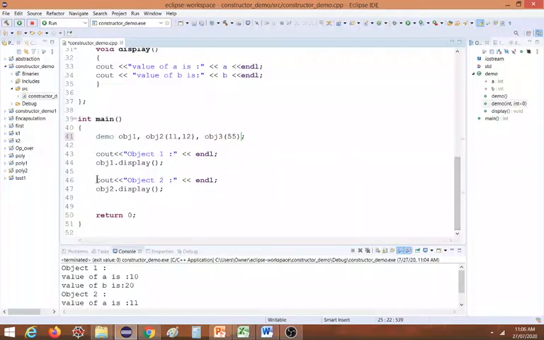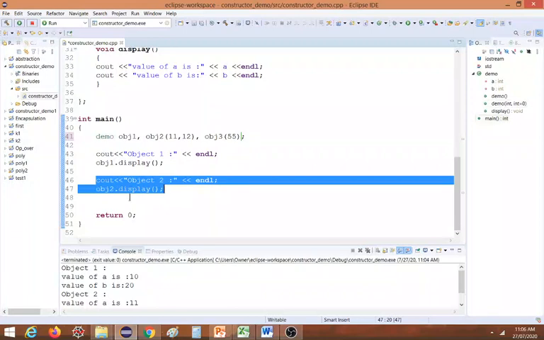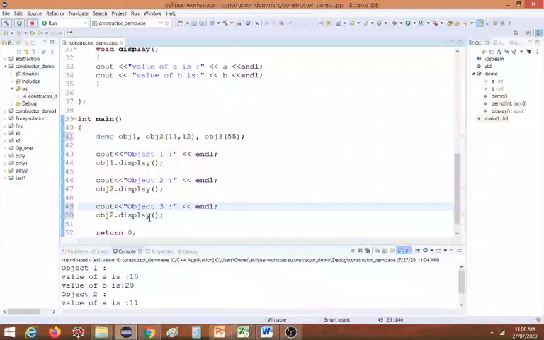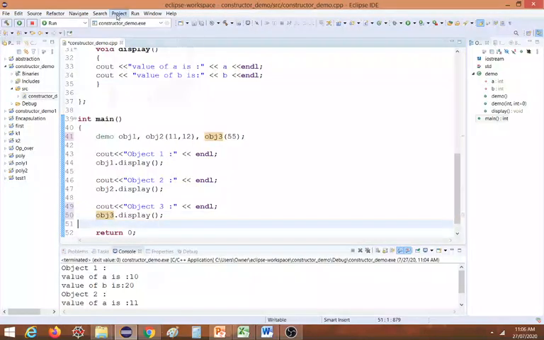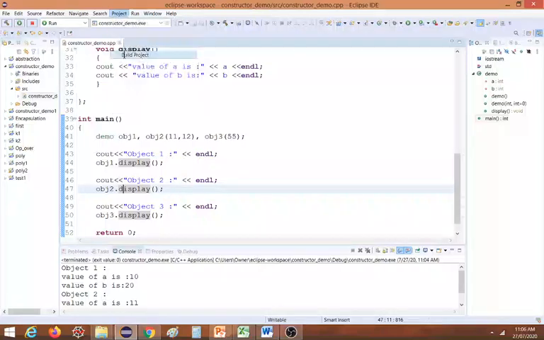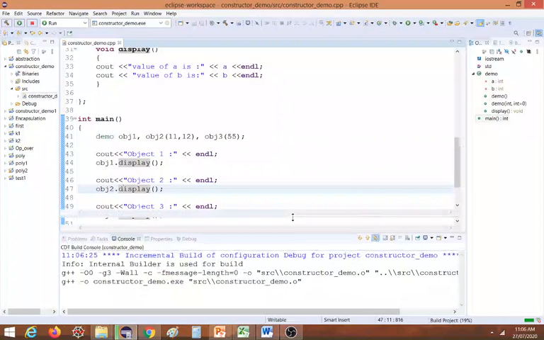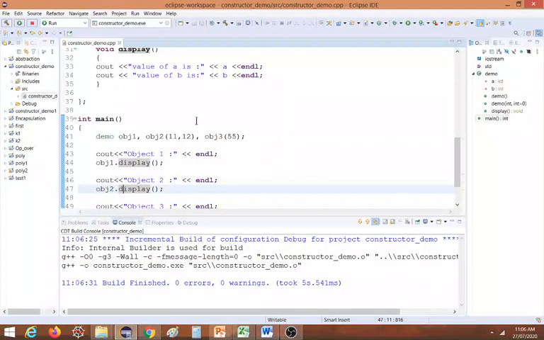Let us see the contents of the third object we have created. Let us modify the contents: obj3.display. Now let us save this and build the project and check the output.